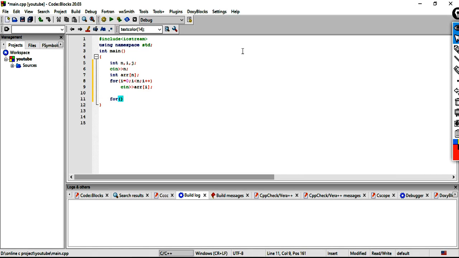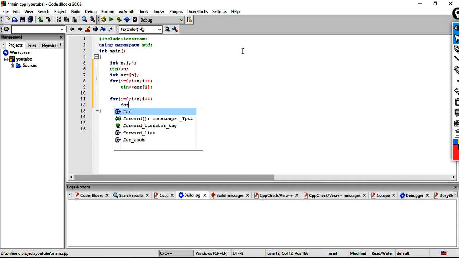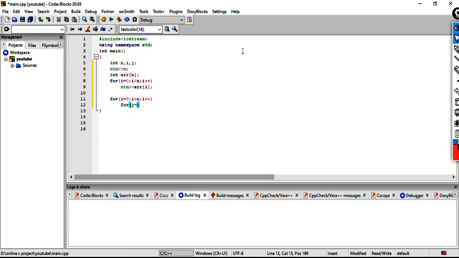Now just check every pair with a loop: for i is less than n, i plus plus, here we take for j is equal to i plus 1, j is less than n, j plus plus, and check if arr of i plus arr of j modulo 3 is equal to 0, then we count.